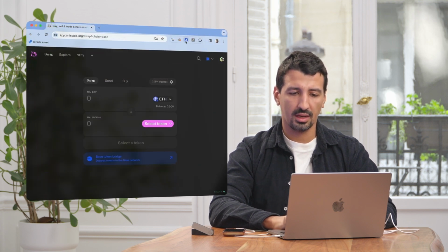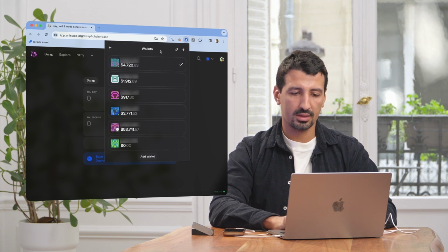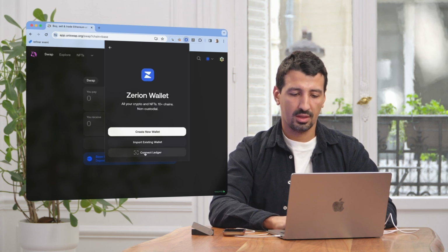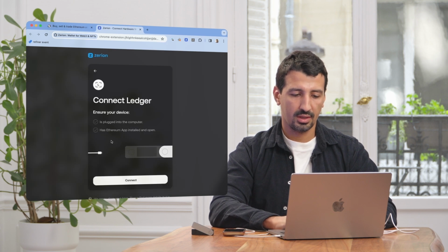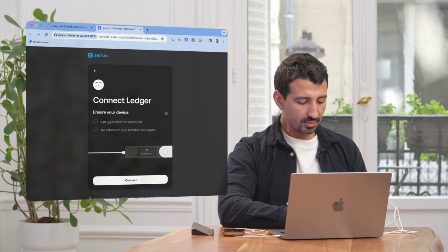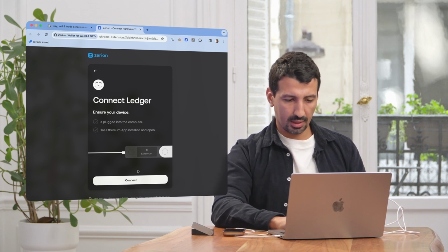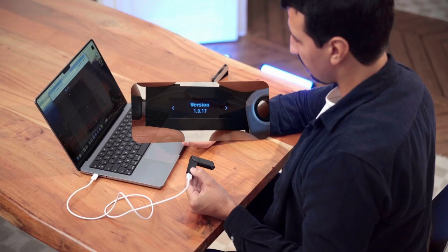Here you can see I have my Zerion extension already installed. I can open it. I can go here to the wallet selection and click on the plus. Then you will see different options. You can click on Connect Ledger and you have those instructions. So what you need to do first is switch on your Ledger Nano X and then make sure that you open the Ethereum app. So I open the Ethereum app, I click on Connect,